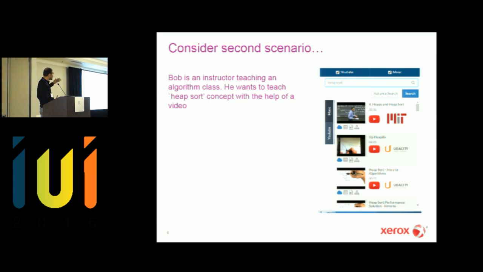Each video is 50 minutes in length, or maybe 20 minutes. He has to go through every video to find out which makes sense. He has a specific query where he wants to select only videos which describe heap sort with a flowchart or maybe a pseudocode in it. So can we satisfy these queries with the current set of platforms?